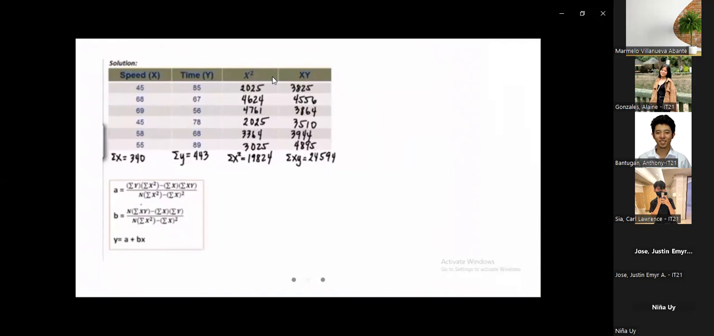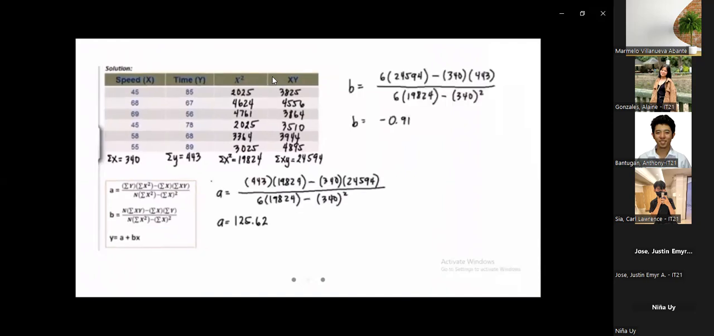So, nakuha na natin yung mga summation. Pwede na natin yung i-apply sa formula ng slope tsaka intercept. So, unahin natin yung sa slope. Or, no, intercept muna pala. A is